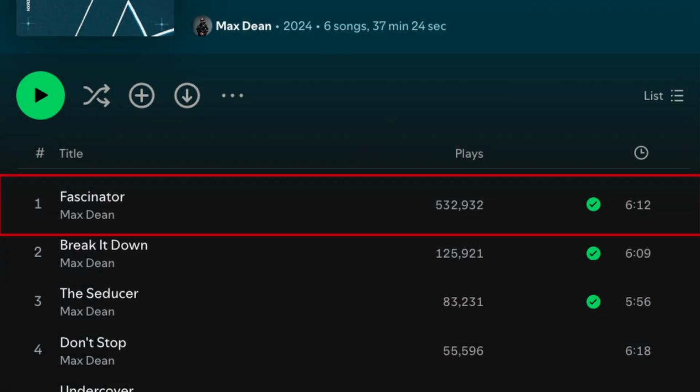What's up everyone? Today we're diving into the signature minimal tech sound of Max Dean, an artist who's been making serious waves in the scene with his stripped back groove heavy tunes. One track that perfectly showcases his ability to balance energy with simplicity is Fascinator, the lead track from his recent